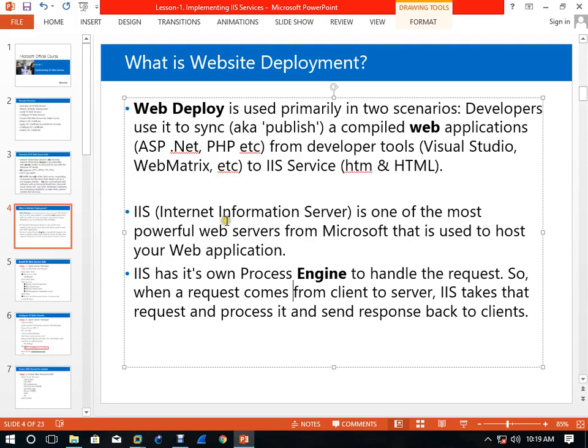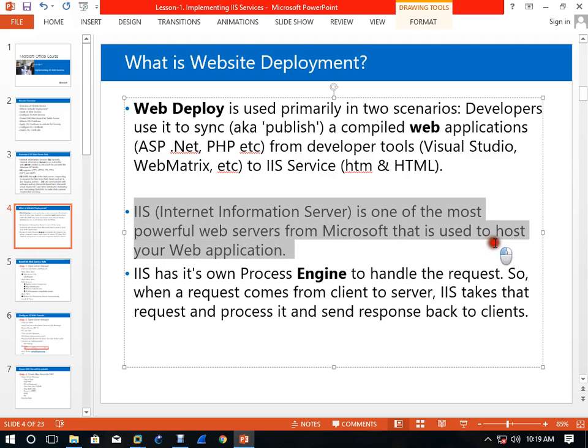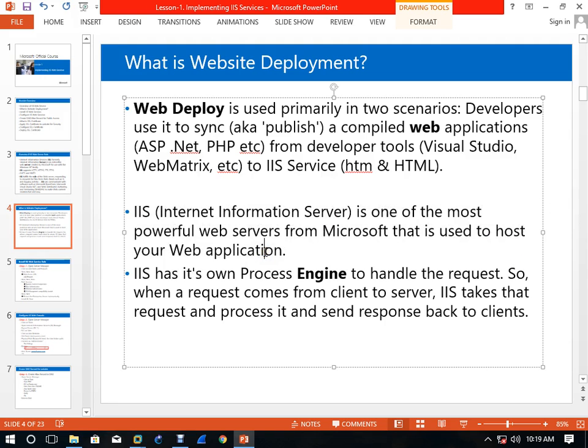IIS is the newest and most powerful web server to deploy web applications, right? So Microsoft is saying that IIS is the most powerful Microsoft application server for hosting websites. Okay.